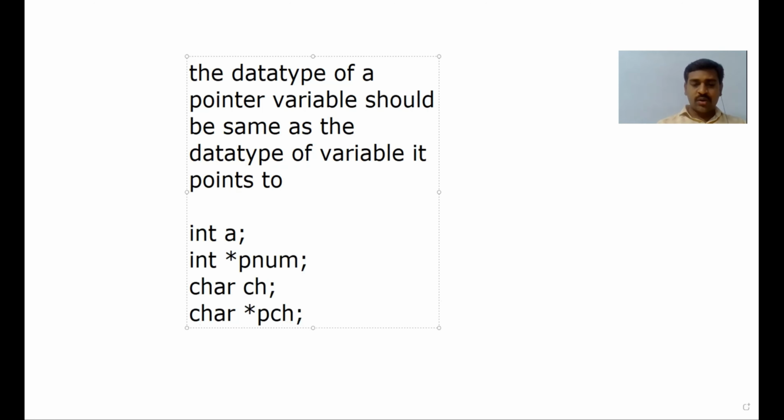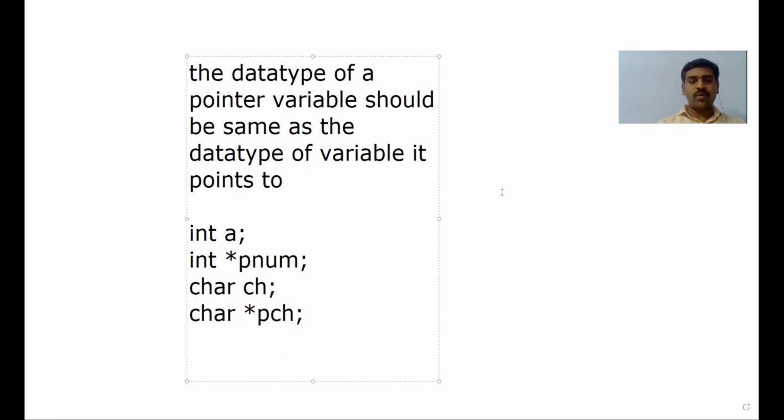But we should not do it like that: pch is equal to ampersand a. That means pch is a character pointer variable, but I am pointing to integer data. This is an invalid statement. Therefore, we should not write like this.